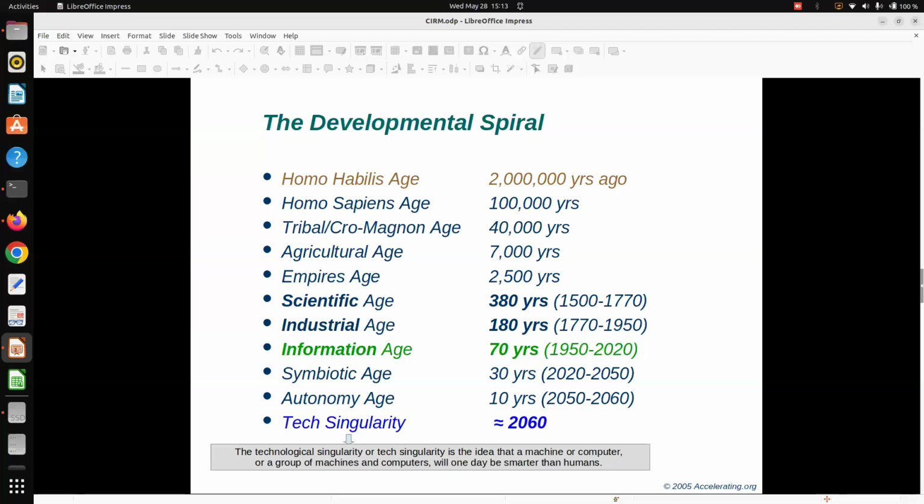Then if you search by this particular term, tech singularity 2060, from 2060 onward, no experts are in a mood to predict what will be the future, because the AI/ML experts are predicting that until 2050-55, human society won't be able to produce a machine which is smarter than a human being.